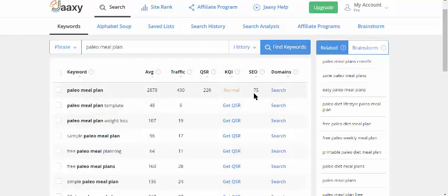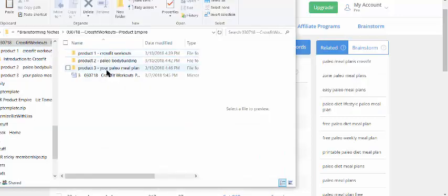We have a normal SEO, but again, this keyword here goes along with some of the qualifiers that I learned about in the product challenge that I'm taking part in. So that was my logic in going with this. So now I have my 3 products,